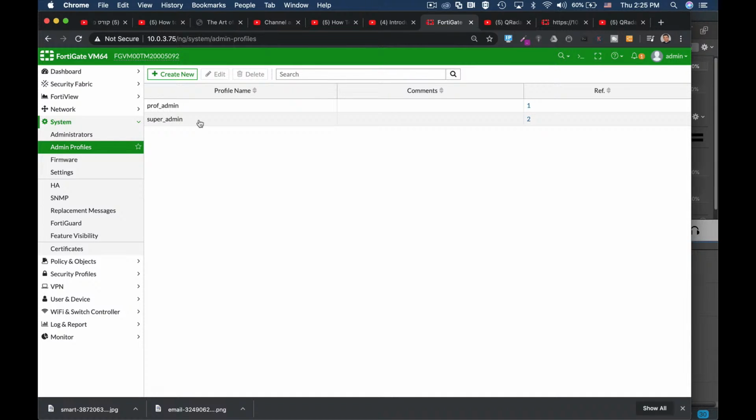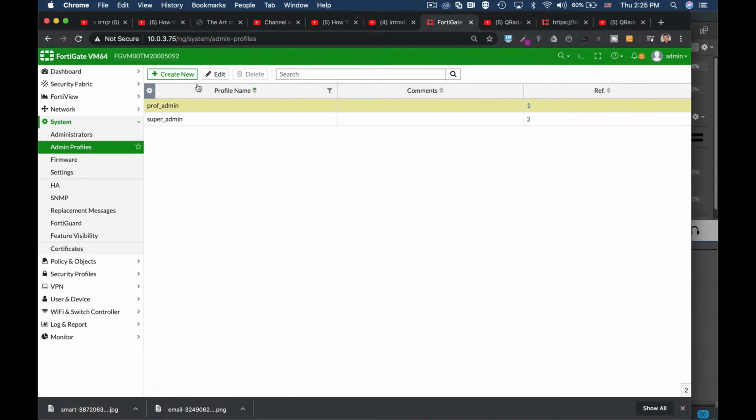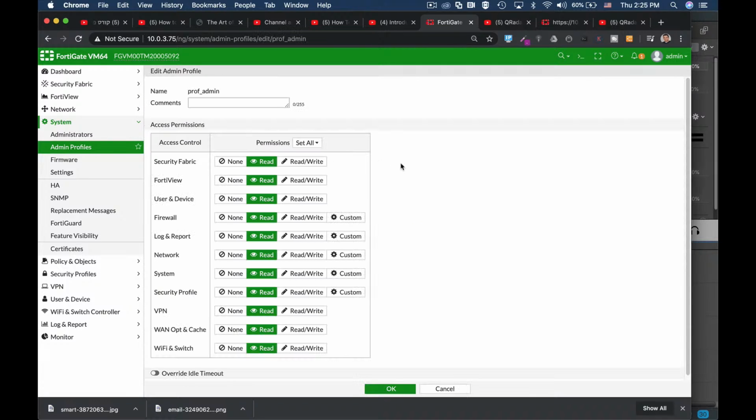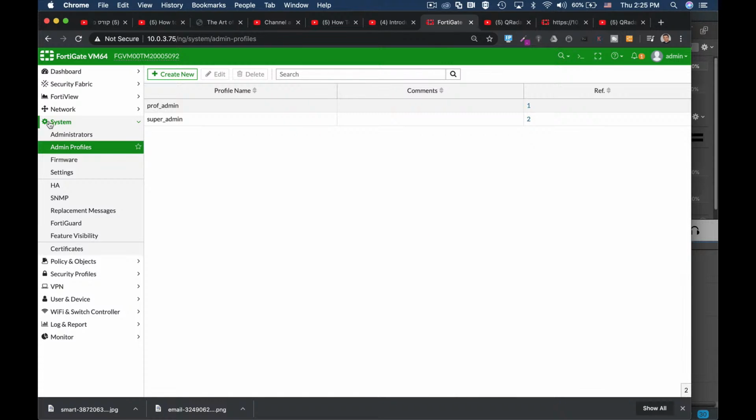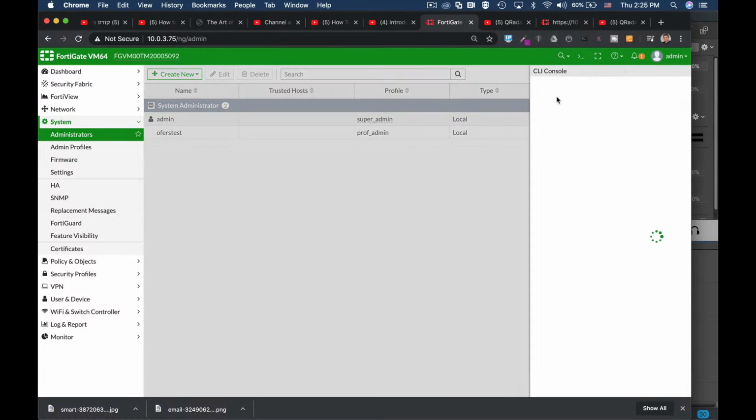You can read and write, and you can create another type of administrator, which is the professional admin, where you can enable different read and write privileges on the different places on your Fortigate. If you will head over